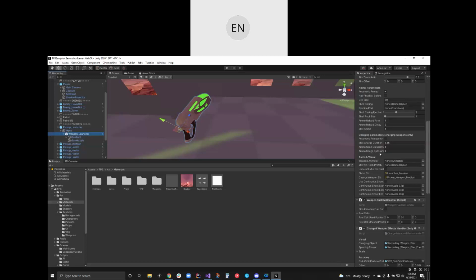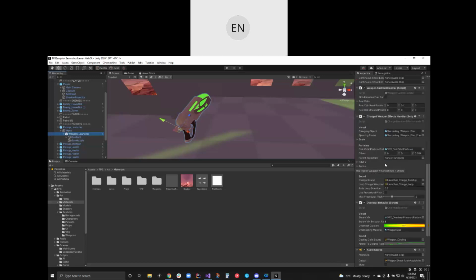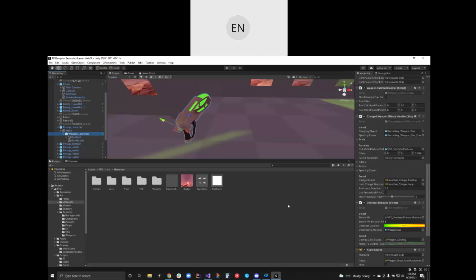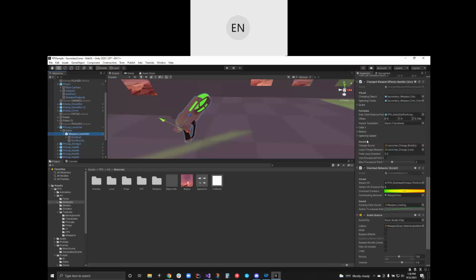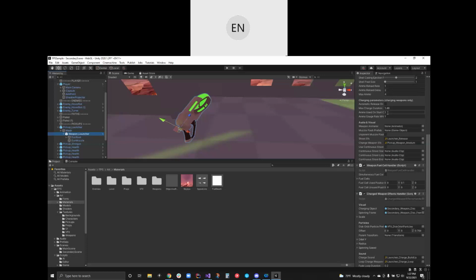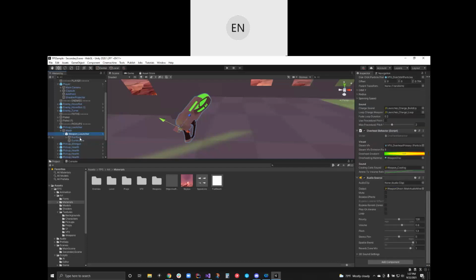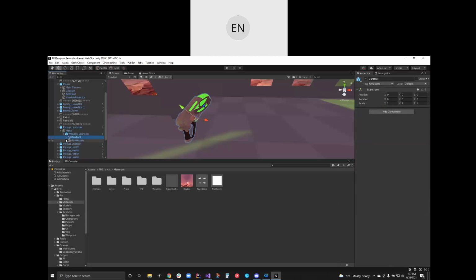Underneath here, we have this weapon controller script, weapon fuel cell handler charged. Normally the pickup object is not the actual prefab for whatever the functioning object is. It's just like a shell, once you pick up the object, the gun. In this case, I think this weapon pickup is the same actual prefab when you're holding it. I guess they did it for simplicity, but normally you don't do that. You have an empty or non-functioning prefab that sits out there, and then a real functioning prefab when you use it.